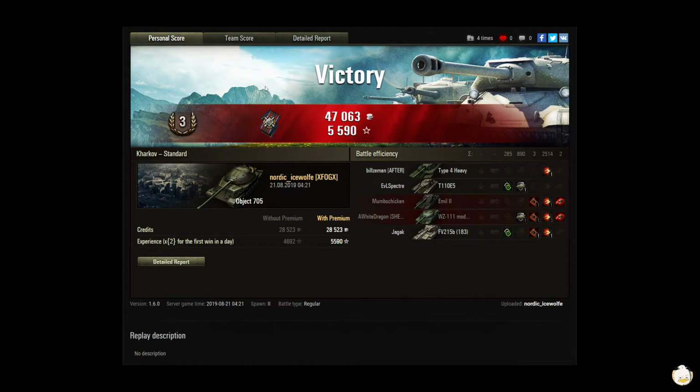You supported your heavies. You worked the middle. May have overexposed yourself a little bit, but you took shots knowing that you had to get other people out of the way. Couldn't let Mumbo Chicken in that ML2 reload because that tank just puts out so much damage. So you took a couple shots from the T110E5. Good lord, it must be early. Anyway,